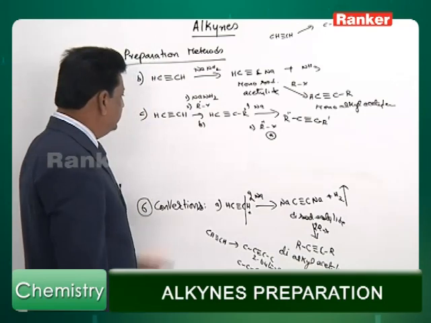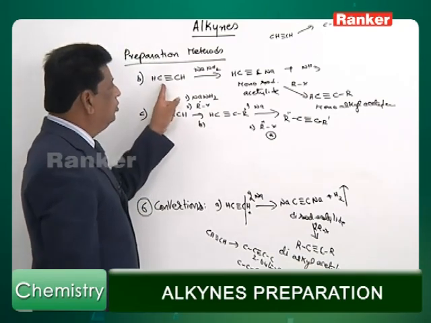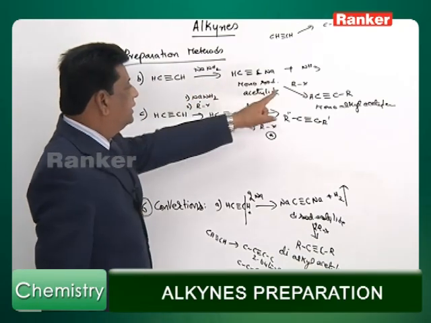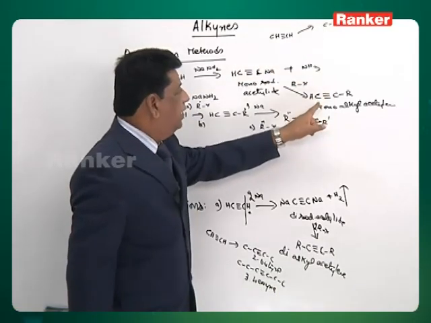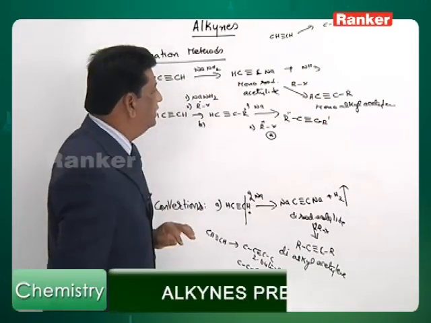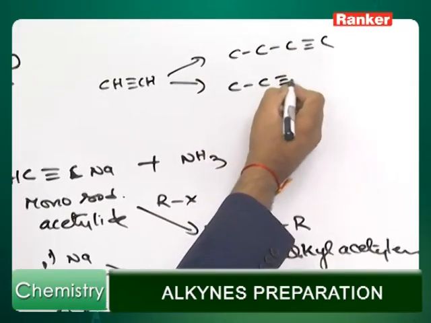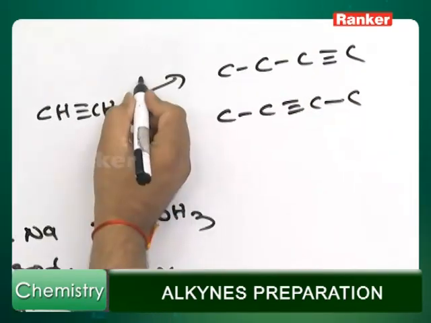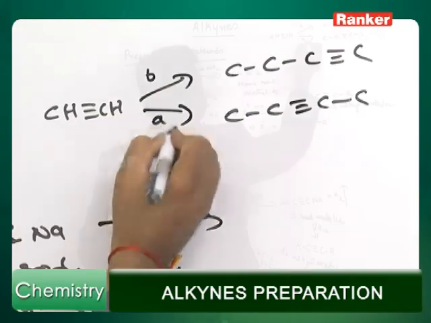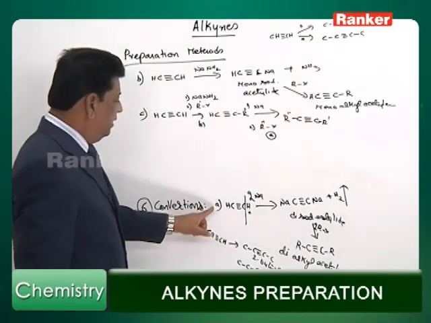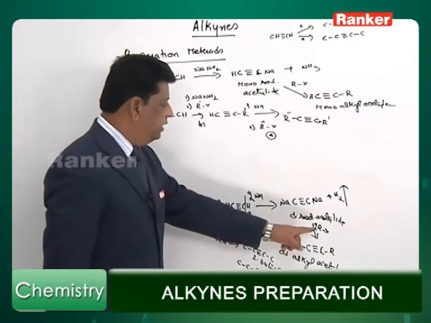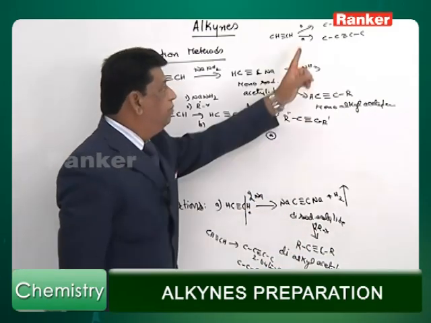1-butyne preparation is like this, the B method. Use sodamide and then, in the second stage, if you apply ethyl chloride, you get one-side ethyl containing acetylene. If 2-butyne is asked, 2-butyne means center, that means this is the A method. Using the A method, make the disodium salt and use methyl chloride at a time, two sides methyl